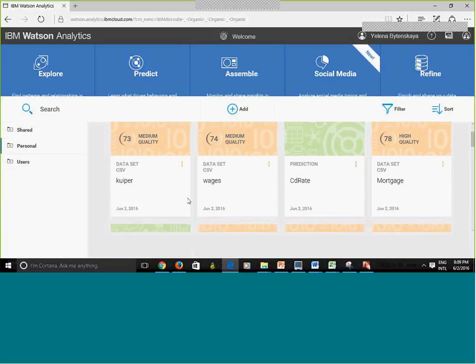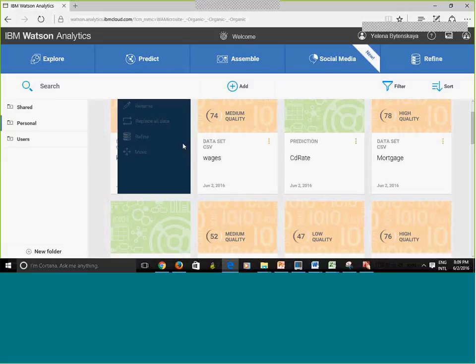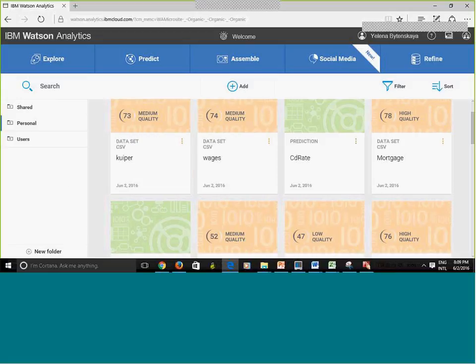Now you notice there are 3 dots right here. It's a menu. You can rename, or you can refine, and I'll show you what that is shortly, or you can move. Move is just going to copy the data set so you can share it with others, or copy it into a folder, and I'll show you that also.